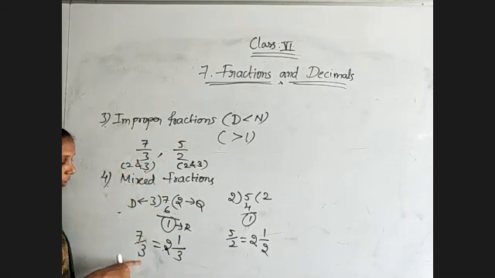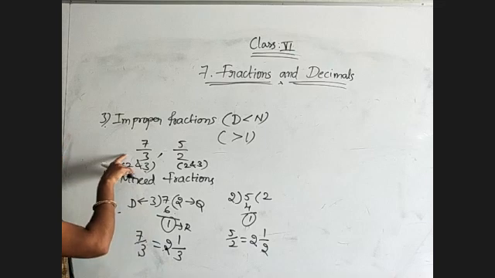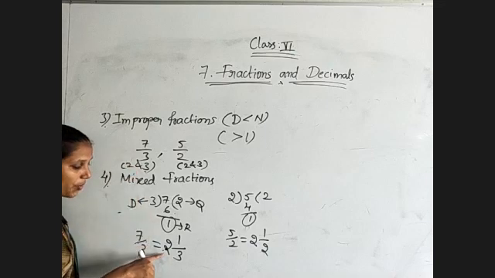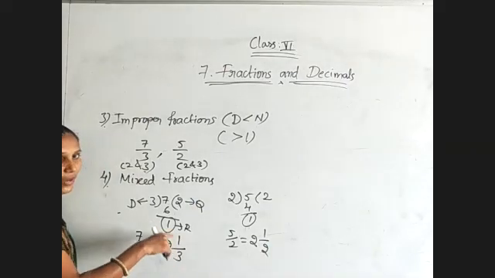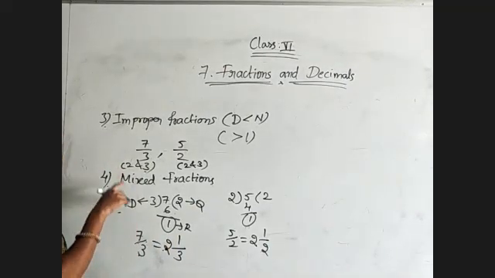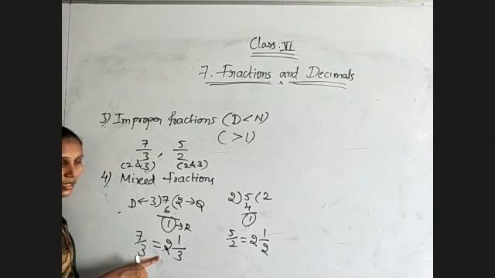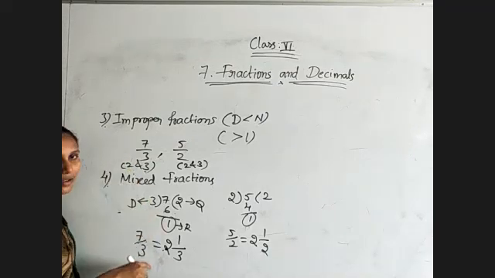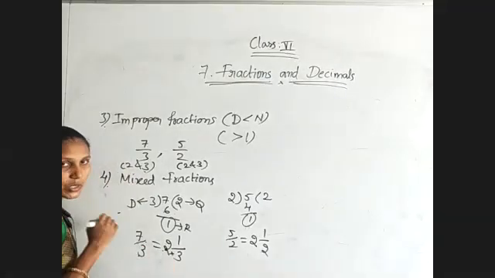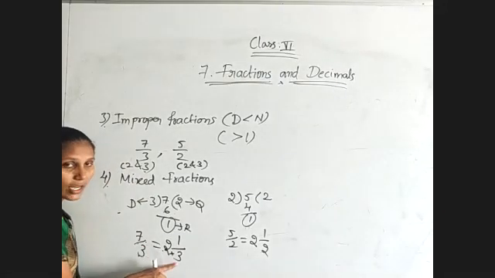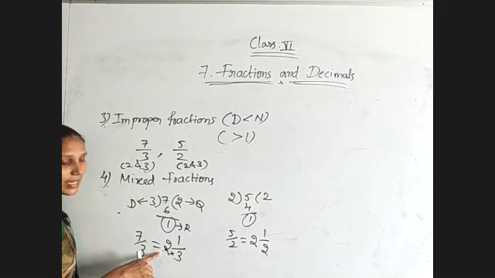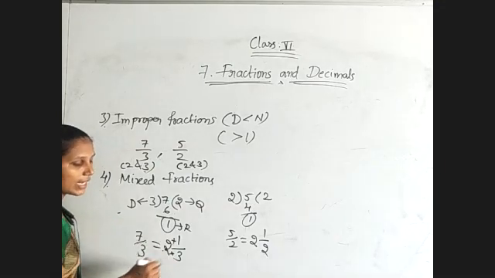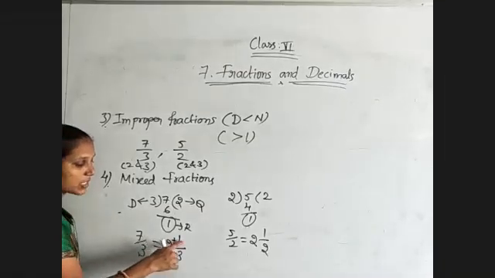Whenever you get improper fractions like this, we will convert them into mixed fractions. A mixed fraction is nothing but a combination of a whole number and a proper fraction. And if you get mixed fractions, you need to convert them into improper. In that case, how will we convert? First, multiply the denominator and the whole number. That is, 2 3s are 6. To that result, you need to add the numerator. That is, 6 plus 1, 7.